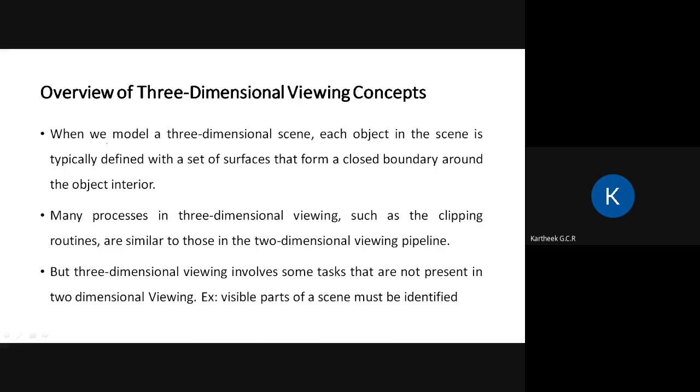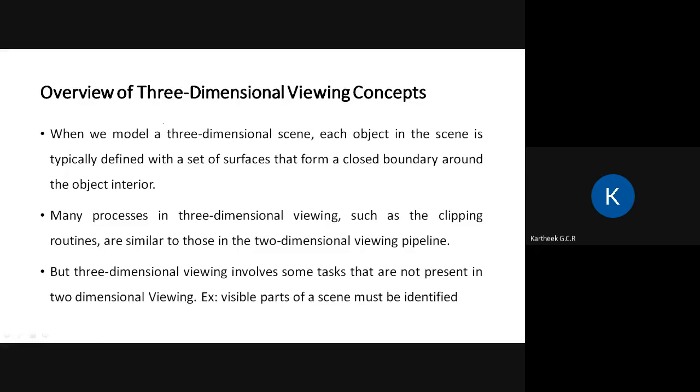Now, many processes in three-dimensional viewing are similar to your two-dimensional viewing. There are, of course, some extra things that you will have to look at, but many things such as clipping are similar to your 2D viewing pipeline. Normalization is similar, modeling is similar, modeling coordinates to world coordinates, that is similar.